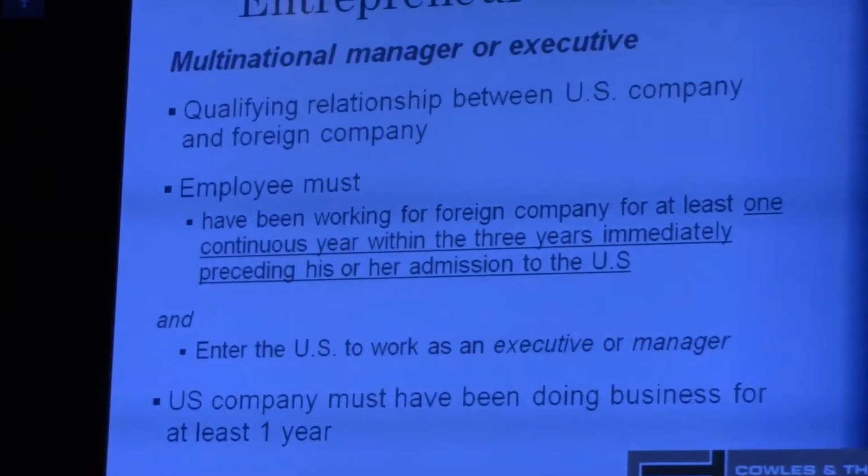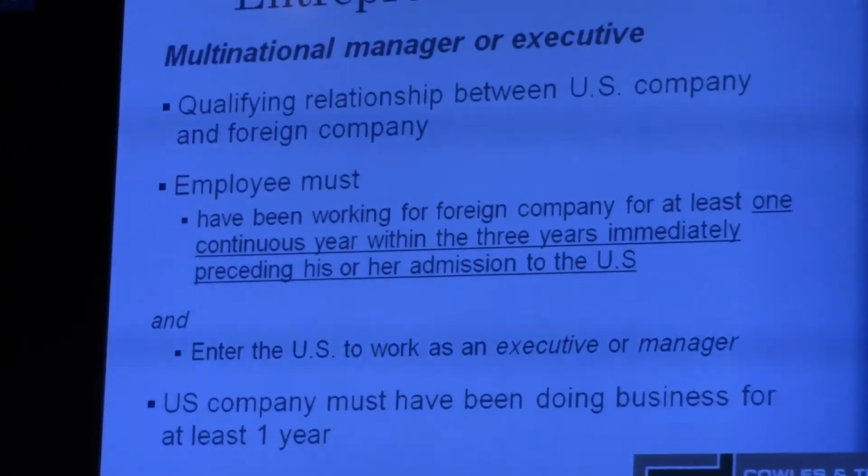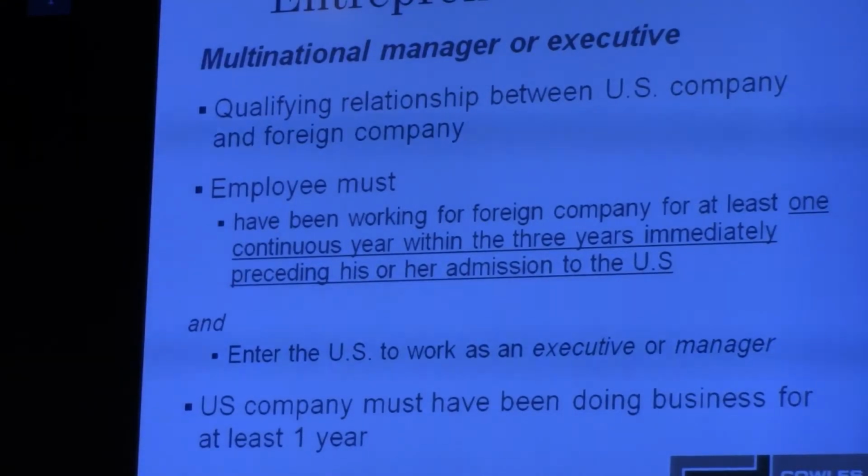What do I do? Well, you can always file for the multinational manager or executive. You can even do it the first year. Well, not for a new company. Right. For a new enterprise, you can't do it within the first year because they want to see what's going on in that first year. But for the other cases, people who come here from companies that are already established in the United States, they can file for this green card petition, permanent resident petition, as soon as possible.